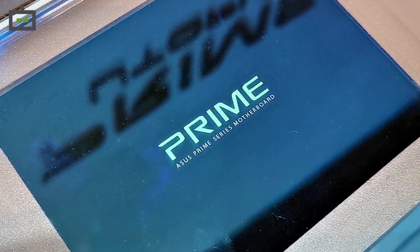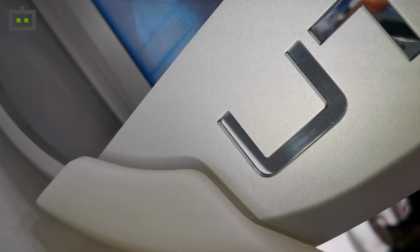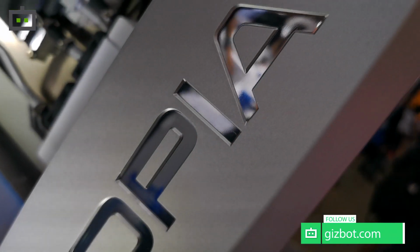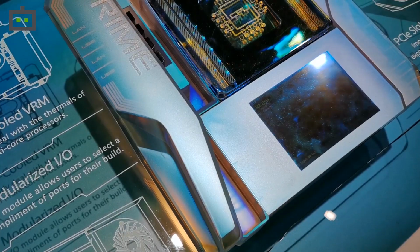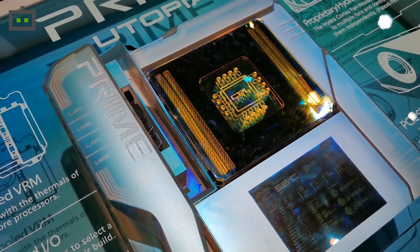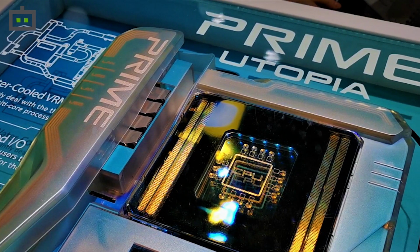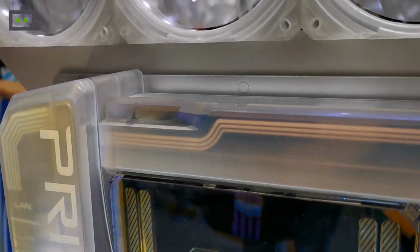Asus has been making motherboards since 1989 and they are undoubtedly best in class. The new Prime Utopia concept PC rig is a showcase of what PC computing holds for the future. It gives a glimpse into the future of motherboards with a custom build that we got a chance to experience at Computex 2019. The Prime Utopia reimagines core motherboard elements to improve cooling for critical components and expand flexibility for